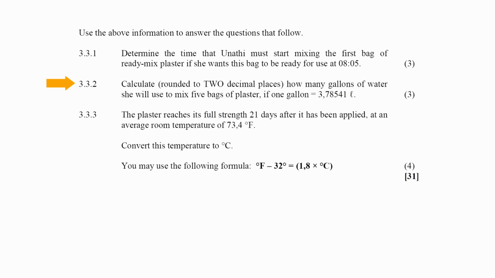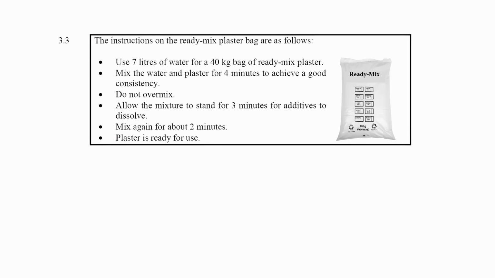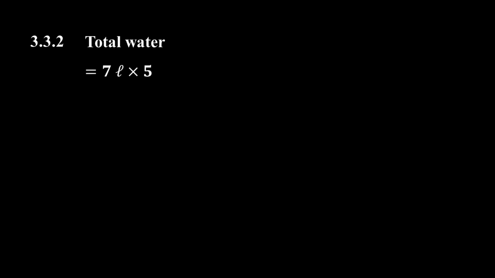In question 332, you have to calculate, rounded to 2 decimal places, how many gallons of water she will use to mix 5 bags of plaster if 1 gallon equals 3,78541 liters. From the instructions, we know that 7 liters of water is required per bag. Multiplying this amount by 5 bags will give us a total of 35 liters of water. Since 1 gallon equals